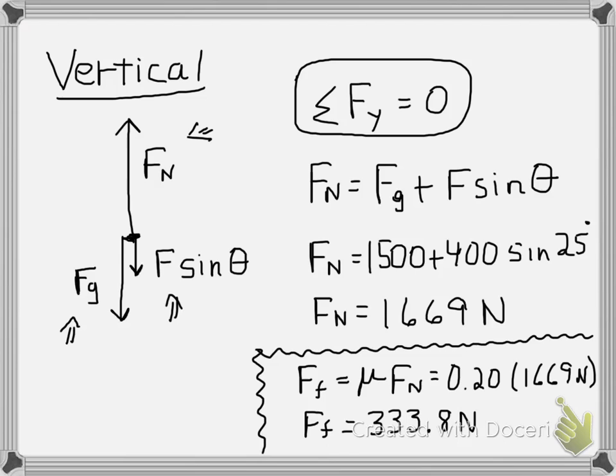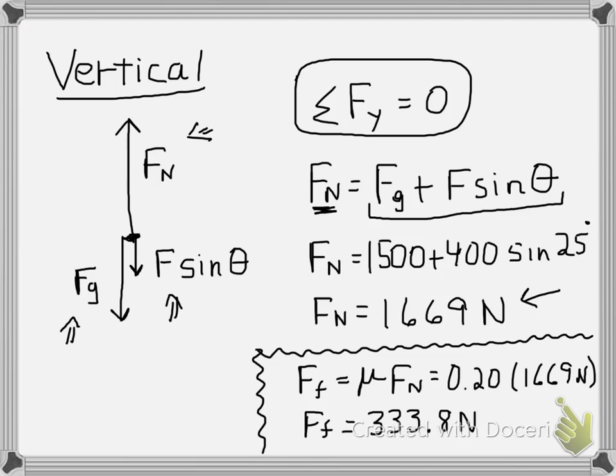Which means any forces going up, which is in this case only F sub n, have to be equal to the sum of all the forces going down, which in this case is the gravitational pull on the box or crate and the component of the applied force that is in the vertical direction. So the normal force here is going to be equal to 1500, which was the weight of the object, plus 400 sine 25, which is the vertical component of the push that is below the x-axis. This ends up giving us a normal force of